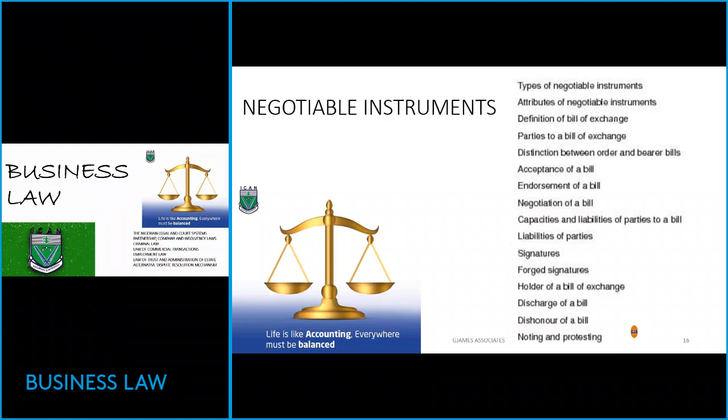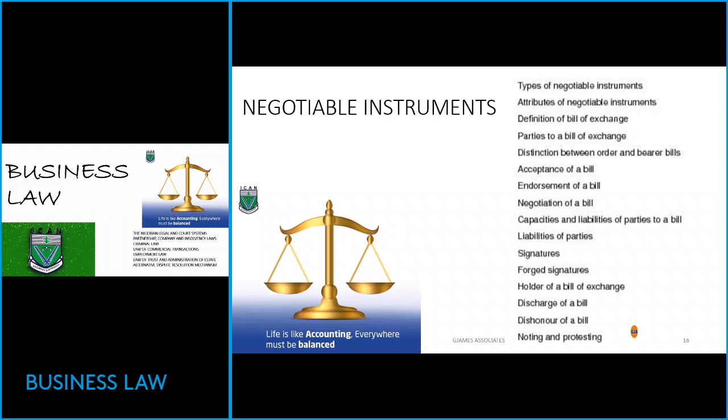Attributes of a document that we can call a negotiable instrument. We need to know it. Definition of bill of exchange, parties to a bill of exchange, distinction between holder and bearer's bill,